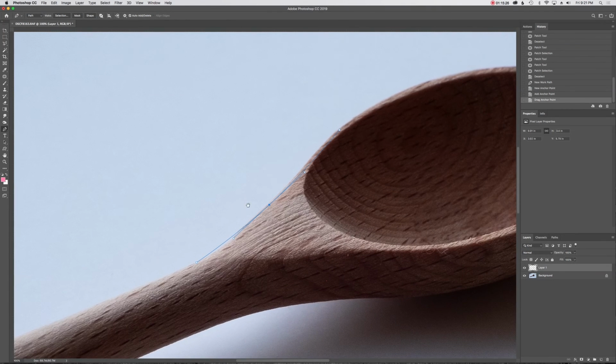And you can see here on mine's a little too high here and a little too low here. So with that point we just added, you get these two handles. If you hold down Control or Command and click on those, you can also affect your curve that way too. You can drag them out, you can drag them up and down. So I just need to drag mine up a little bit on this side,